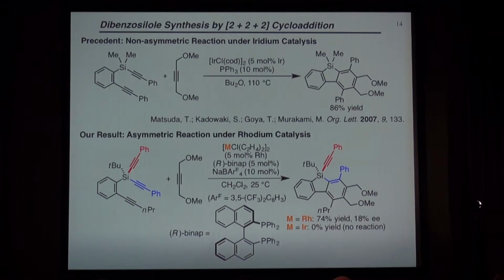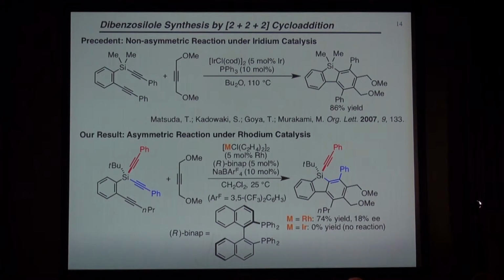And in addition to this intramolecular synthesis of dibenzylol, we recently devised a method of intermolecular synthesis of silicon-stereogenic dibenzylol through 2+2+2 cycloaddition chemistry. And if you look at the literature in 2007, Professor Murakami reported an iridium triphenylphosphine catalyst system for the intermolecular 2+2+2 cycloaddition of these 2 components at 110 degrees to give the corresponding achiral dibenzylol in high yield. In contrast, in our system, we utilized the prochiral triene as the reaction substrate, and we found that